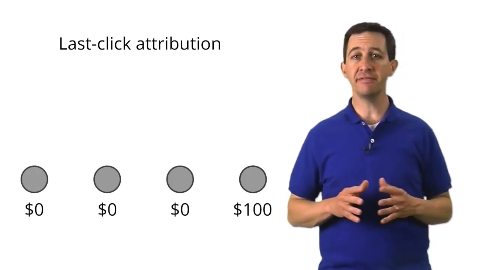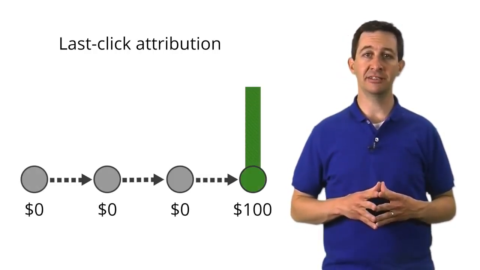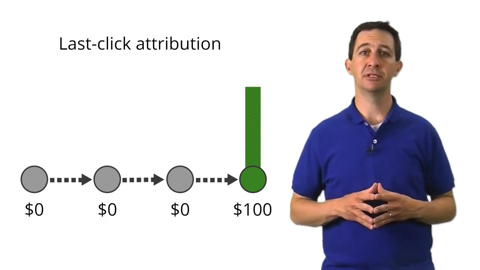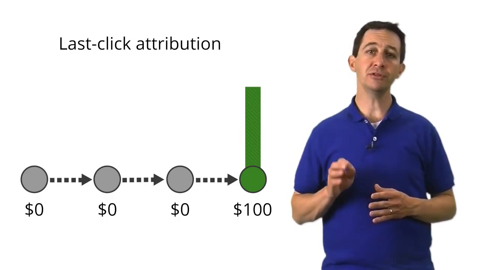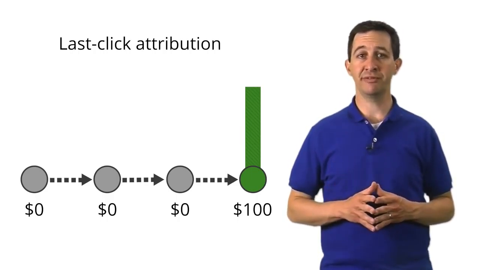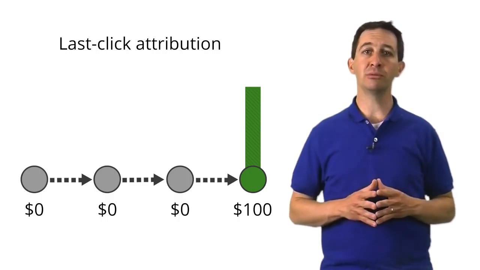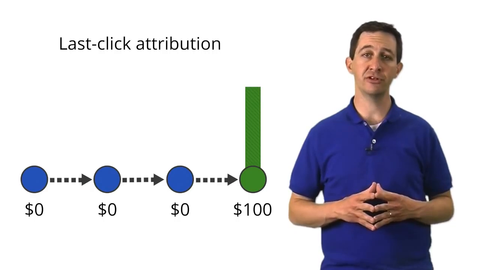Last-click means that all of the value associated with the conversion is assigned to the last marketing activity that generated the revenue. The last marketing activity gets all the credit. We've used last-click attribution for many years because it's the best measurement we've had. But we're now able to look at all of the marketing activities that helped generate each conversion.